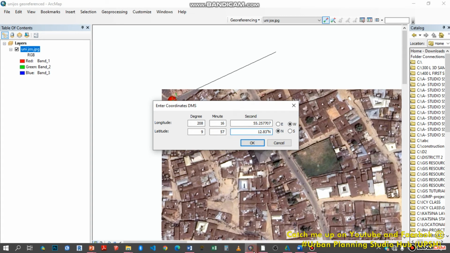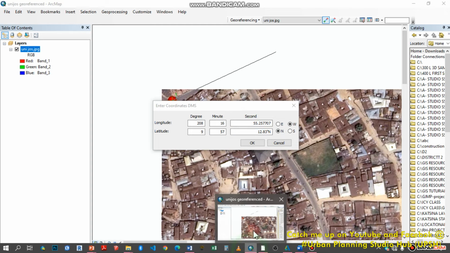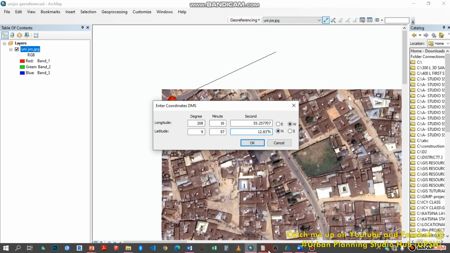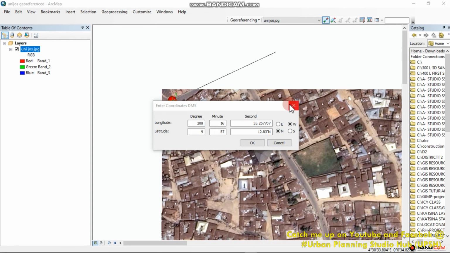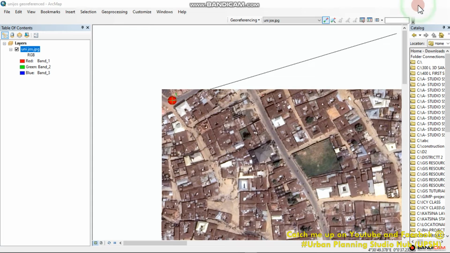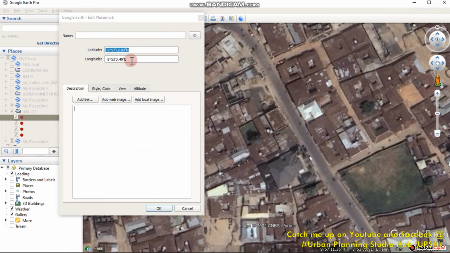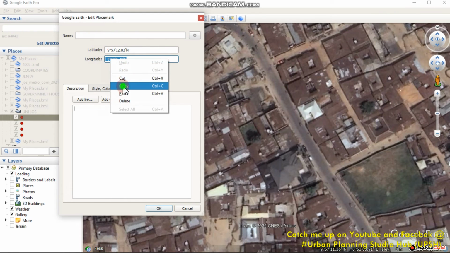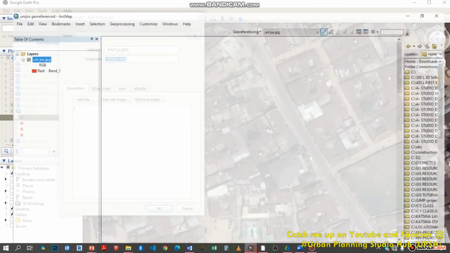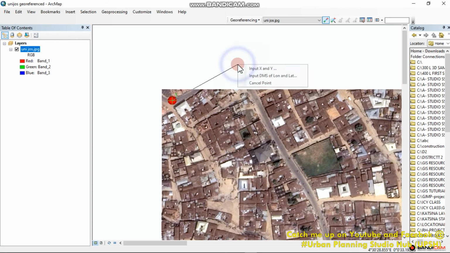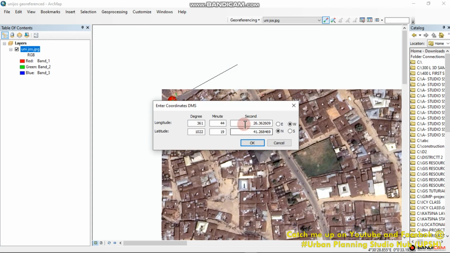I'll go back to my Google Earth. Okay, sorry, my Google Earth is supposed to be previewed here. Okay, I have to go back. Then for the instance I copy, then come to ArcMap, right click and paste. I have to repeat this process because